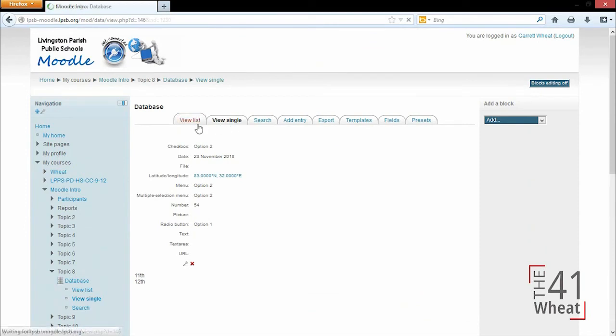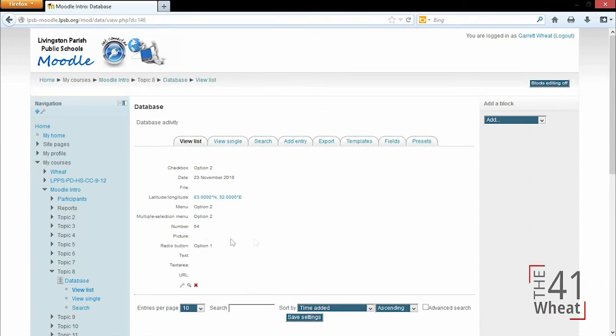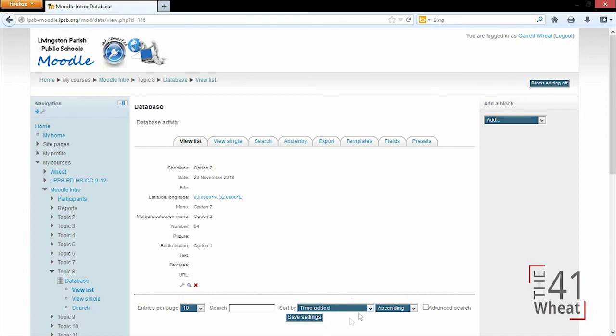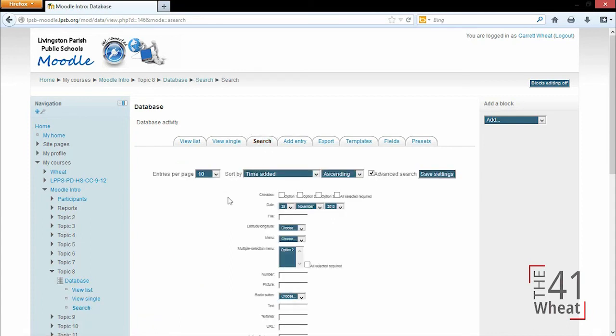So when we view this entry, we're viewing a single entry. When we view the list, it'll show all of those separated by this dotted line down here, and we can choose how many entries per page we want to see. We could also sort them by checkboxes that were chosen or time added or modified, and then descending or ascending order. We could also search the entire database by any of the information,